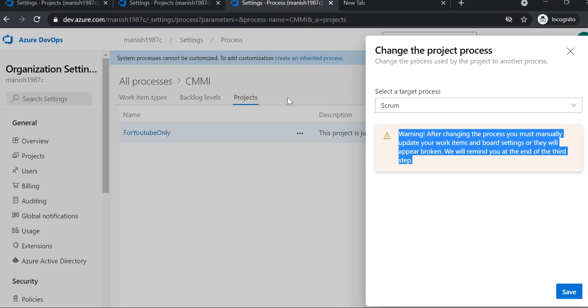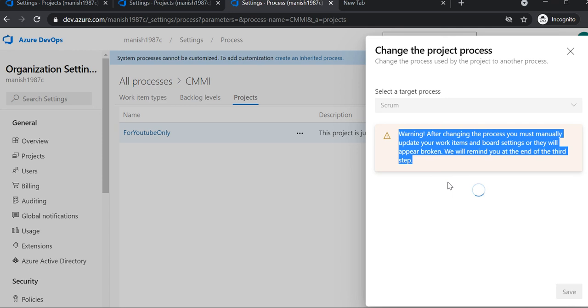So once the project is set up, the first thing is to set up the process of that project. Like you want to select Scrum, or follow the project as Agile or CMMI, right? So you can select the target process and click on the save button. It will take one or two seconds maybe, depending on the network connectivity.